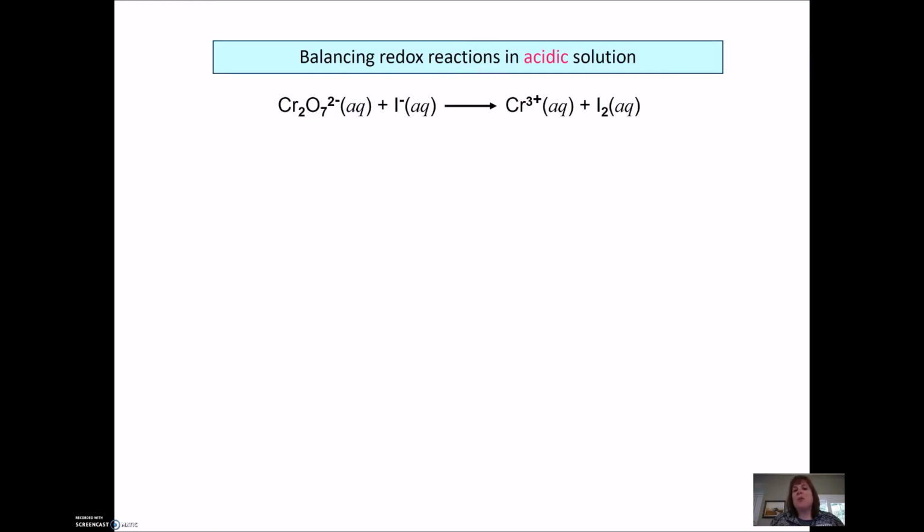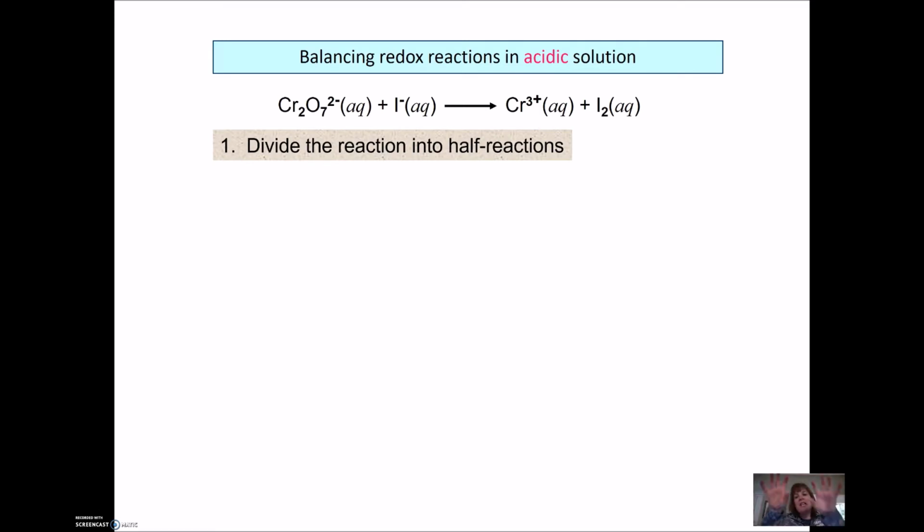We're going to use chromate. Now you can ignore all the aqueous symbols, and you're going to see another one in the future with liquid symbol. All we're going to do is look at the atoms and their charges. So we're going to split these in half first. That's our first step, by taking the stuff that matches in the reaction and pulling it out. So the chromium matches on both sides. So we're going to write